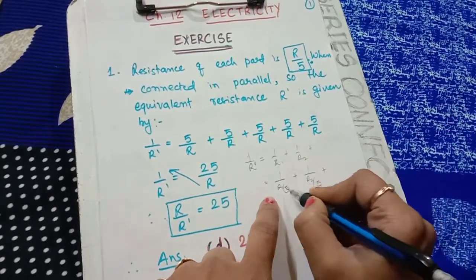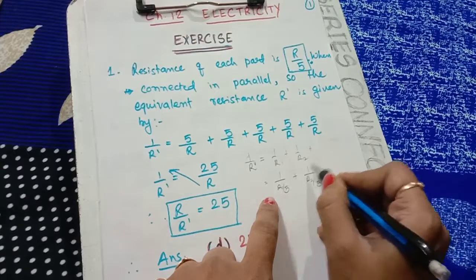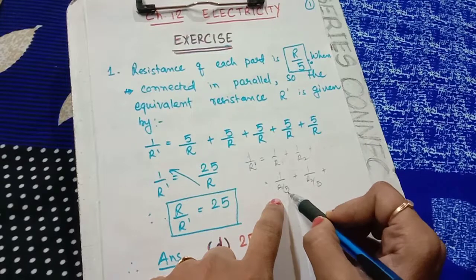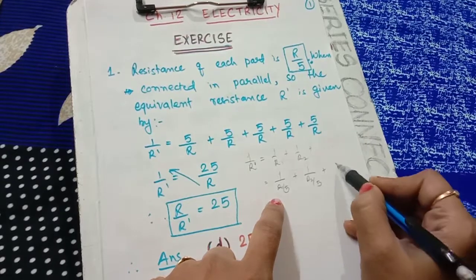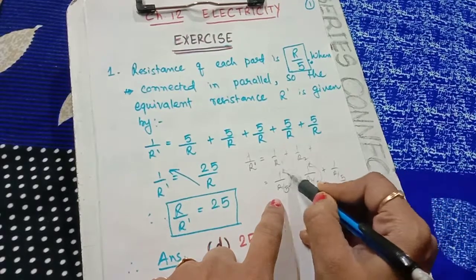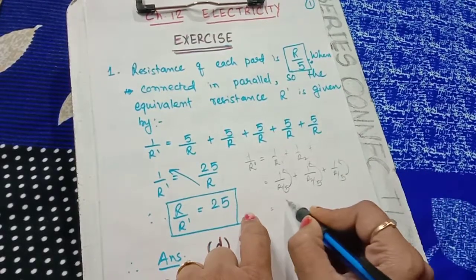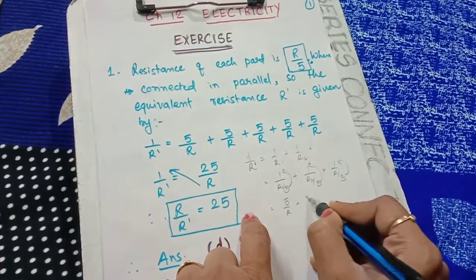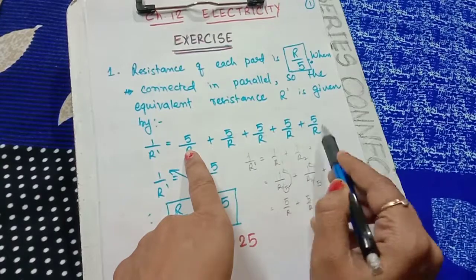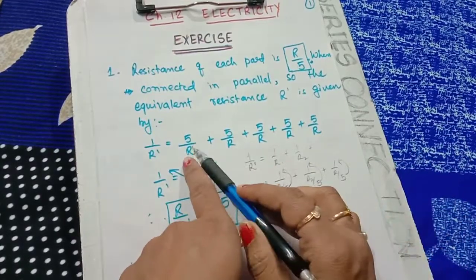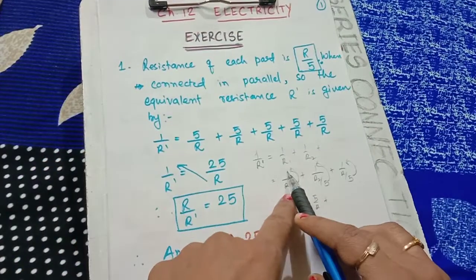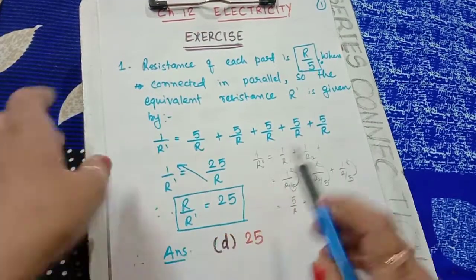You only write R prime. So here we are writing only 1 by R by 5, 1 by R by 5, and so on. How many times? 5 times. So this 5 will go up everywhere. That is why it will be 5 by R plus 5 by R plus 5 by R, 5 times: 1, 2, 3, 4, 5 times. Understood why it is 5 by R? I wrote it directly, but from where has it come? Like this way, it becomes the reciprocal of the denominator.